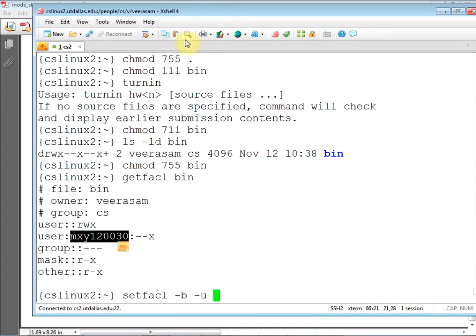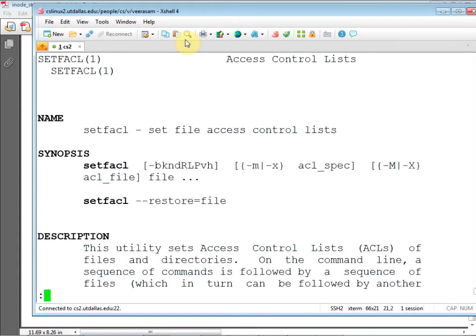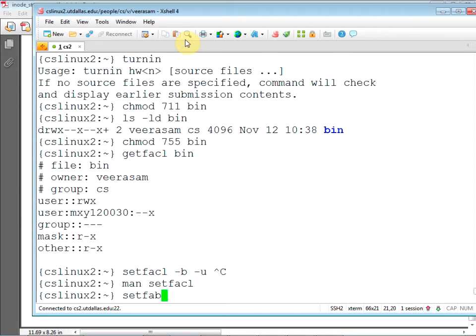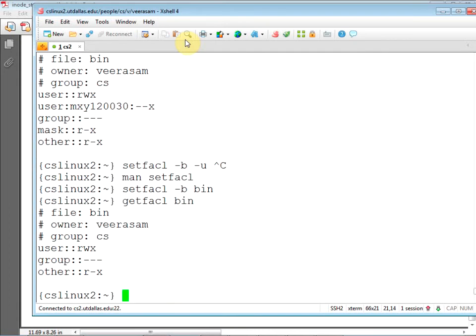Do you need a u? setfacl removes all extended ACL entries. Okay. setfacl -b bin. setfacl, getfacl bin.